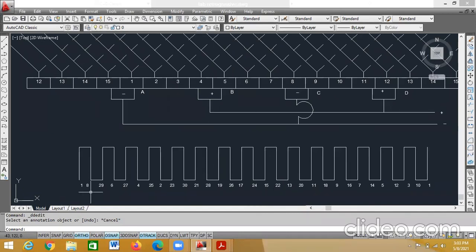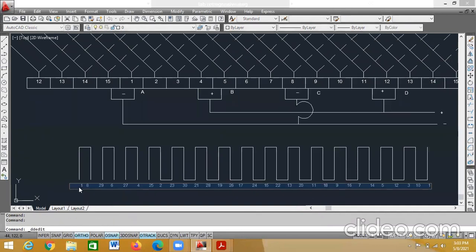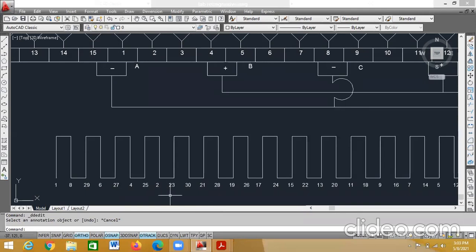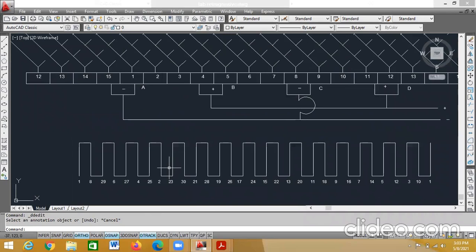Okay, now it is clear. For clarity, you can zoom it and see it is clear now. Now what you have to do?